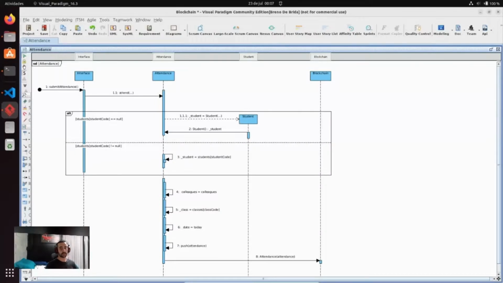Hi, my name is Breno and I will present the sequence diagram of our smart contract attendance. Basically, this sequence diagram shows the interaction from the front end to the back end, starting with submit attendance. The submit attendance function call comes from the front end to the interface, and then it calls a method called attend from the attendance,